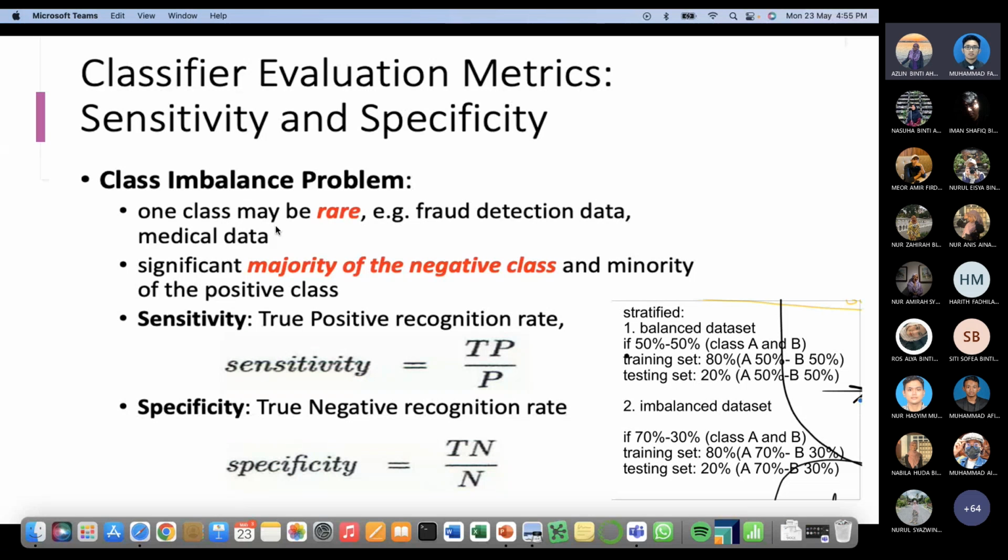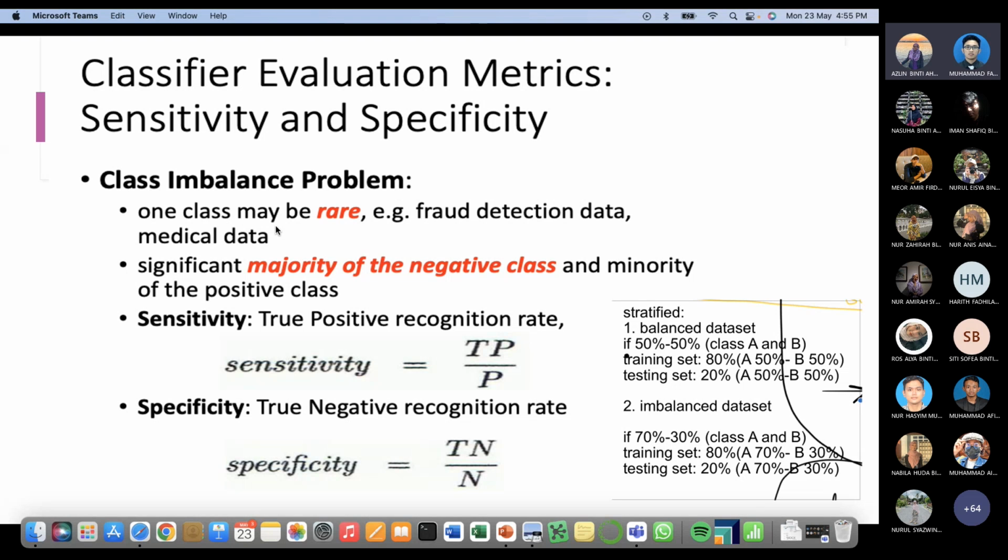So let's say the proportion between fraud dengan legal punya transaction tu, let's say 90-10. So 10% je yang fraud. Jadi macam mana, how are you going to handle that? In statistics, there's a lot of methods. Okay, you boleh buat oversampling, you boleh buat undersampling untuk increase the number of the small group of class tu. Tapi kalau kata dalam data mining yang you all belajar dalam machine learning everything tu,